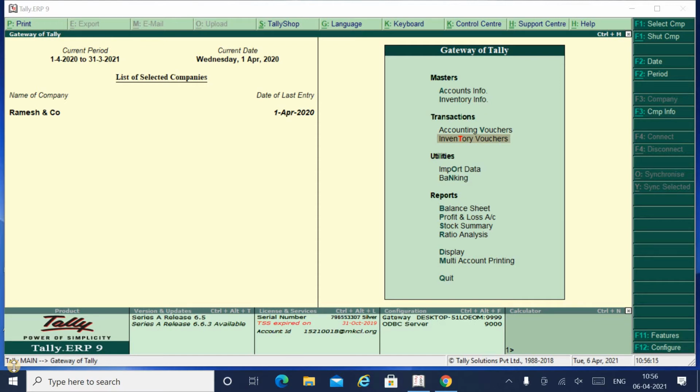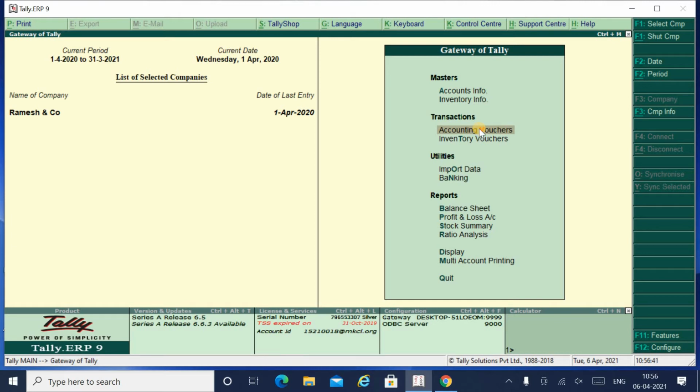Okay friends, our today's topic is goods purchase on credit. Suppose you're making a purchase on credit, which means you're receiving the goods today, but the payment for those goods you will be making in the future. So it will be considered a credit purchase. So how do you have to make that accounting entry? Okay. So let's start with the accounting entry of goods purchase on credit.